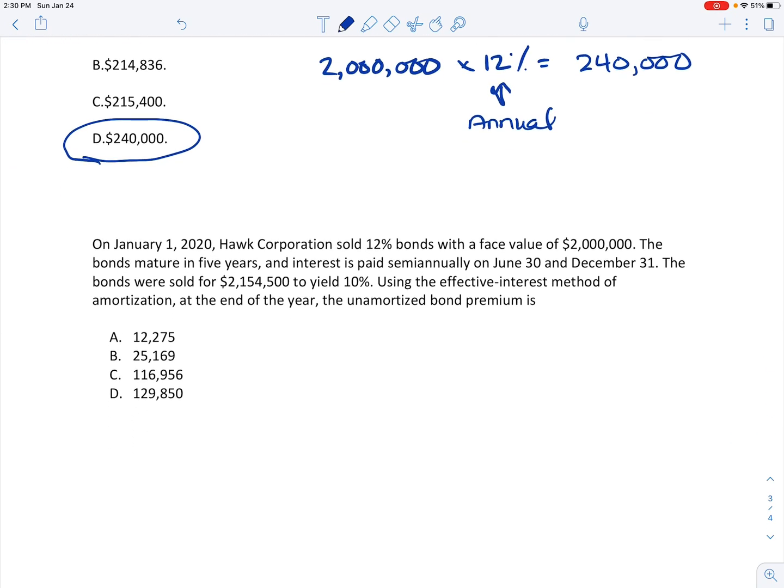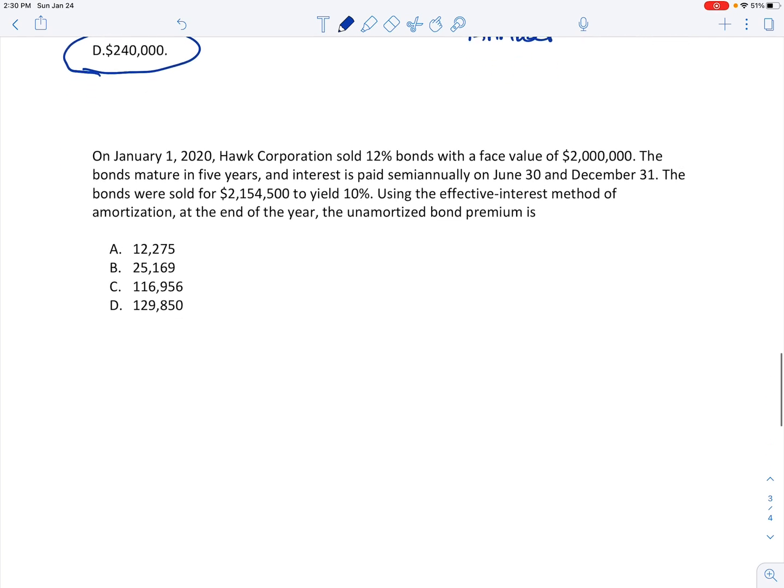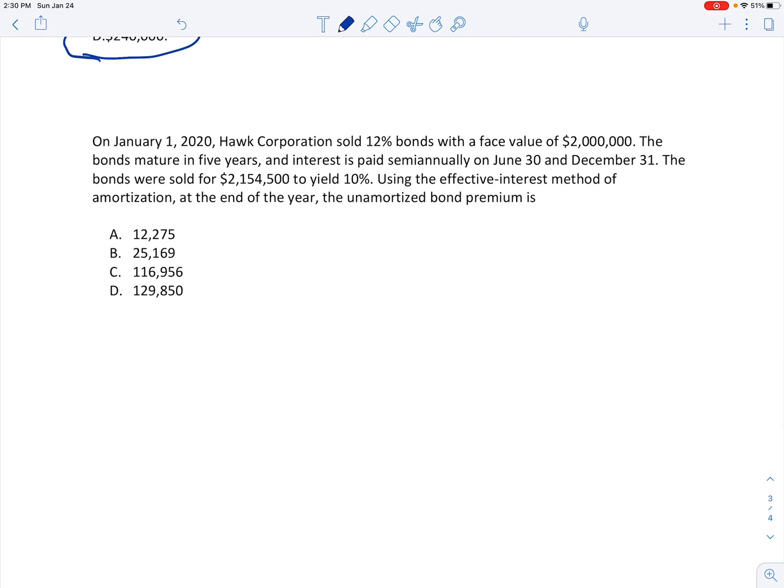It's a little bit more complex, same information, but now, again, I go through what they want first. What's the unamortized bond premium at the end of the year? So at the end of that first year, what is the unamortized bond premium, or the amount that's listed as your premium on your balance sheet? This one,